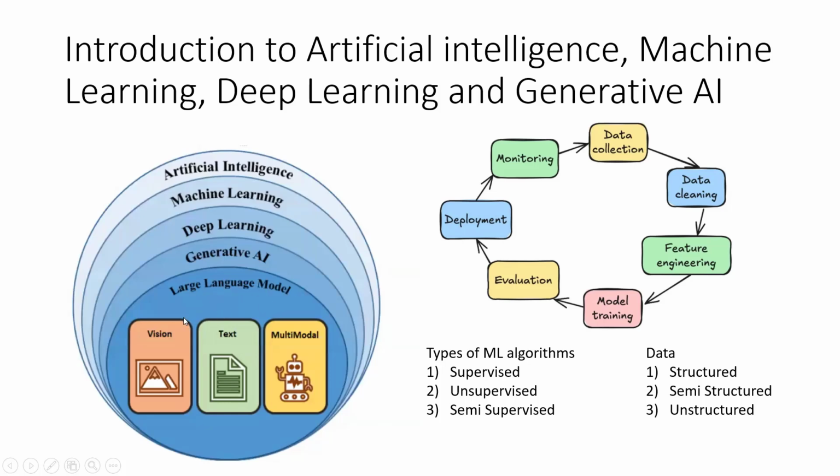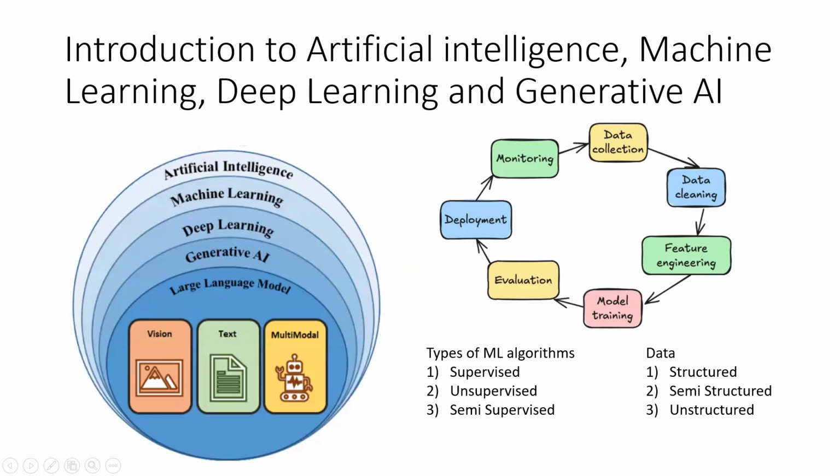These are pre-trained models. Generative AI uses transformers or GAN, that is generative adversarial network, and VAE, variational autoencoder algorithms. We will discuss the architecture behind these large language models in the coming lectures. But with this, I hope you got a decent understanding of terms like AI, artificial intelligence, ML, machine learning, DL, deep learning, generative AI, and LLM, large language models. We will deep dive in the coming lectures.